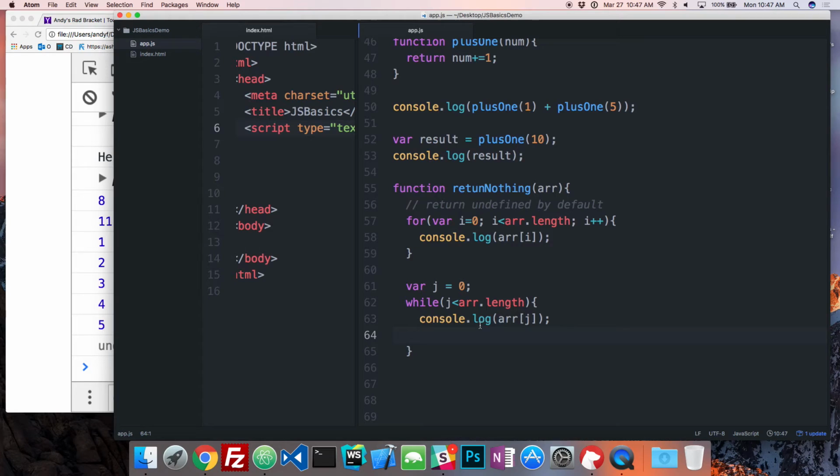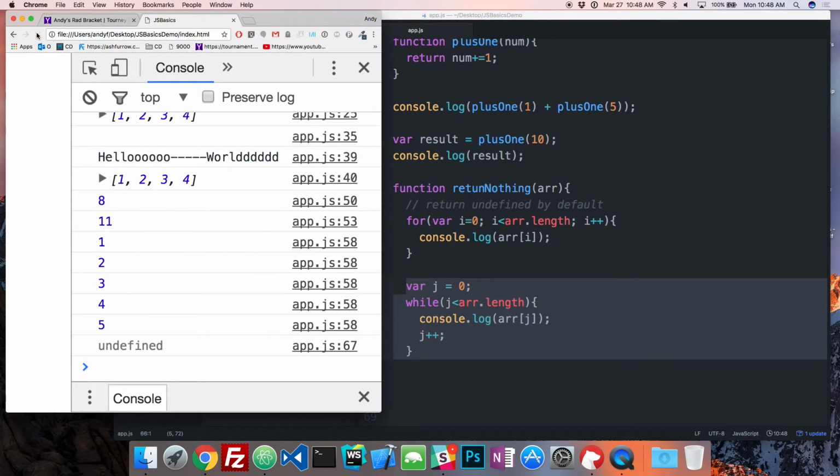We need to increment j, right? If we run this right now, literally it'll go infinitely. It's going to console log array of index 0 forever, which is going to be 1 forever. I don't want to do that because it might crash the computer. So we're going to make j increment up. And then this is exactly the same as that.